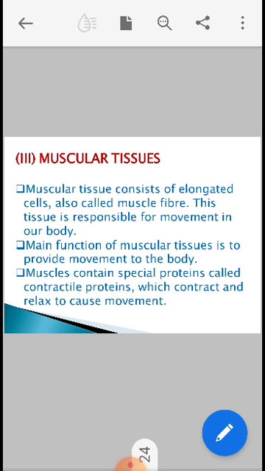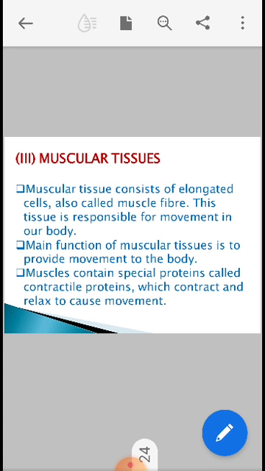They help to contract and relax to cause movement. Now if we talk about the stomach, you must know that the stomach is a bag of muscles. Stomach में कहीं पे भी bone नहीं होता है. It is a muscular bag. So whenever the process of digestion takes place, you might have felt that contracting and relaxing movement. Even when we talk about the lungs, there also that contraction and relaxation takes place.